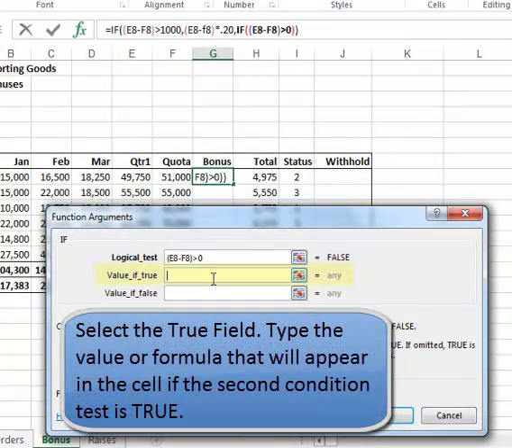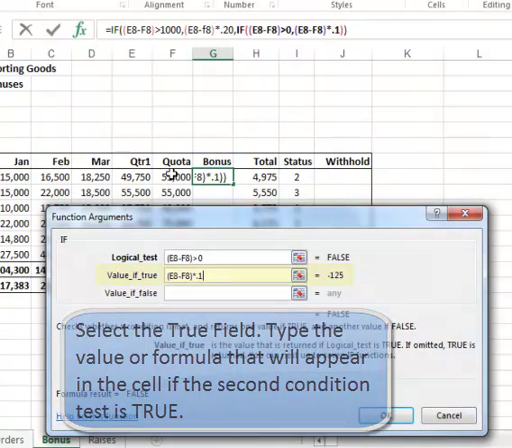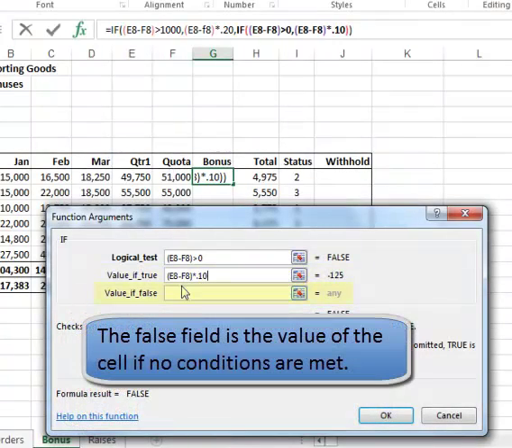Next, I'm going to click on the value if true. And once again, I'm going to take the difference between E8 minus F8 and multiply it by 10%. The last thing I need to do is show if a person doesn't make their quota at all, they don't get anything. So I'm going to type a 0 in the value if false. Now when I click OK,